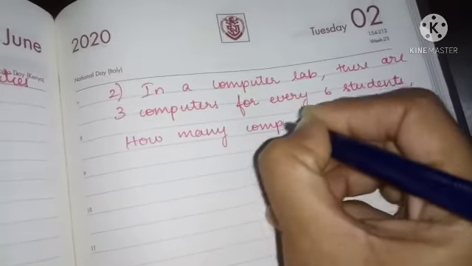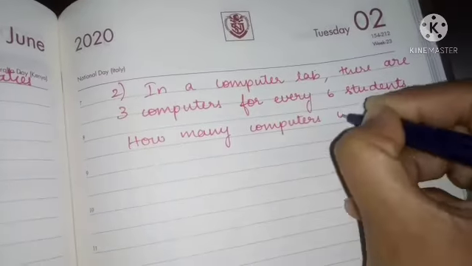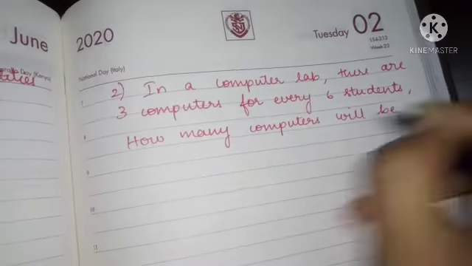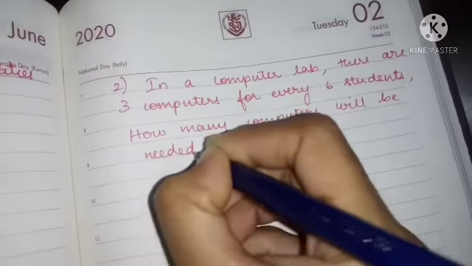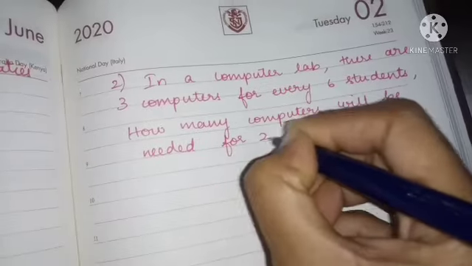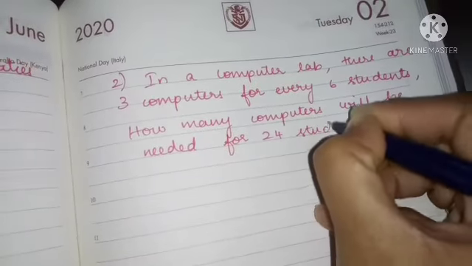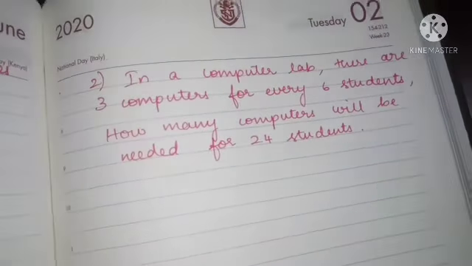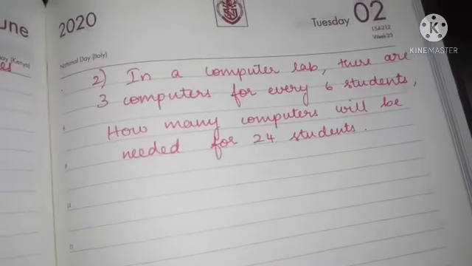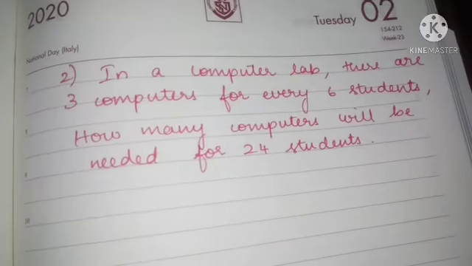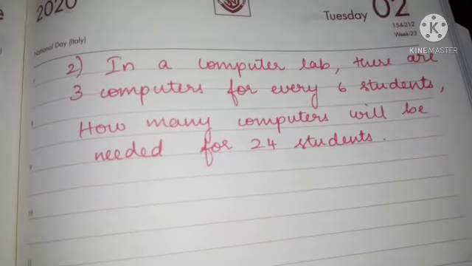How many computers will be needed for 24 students?